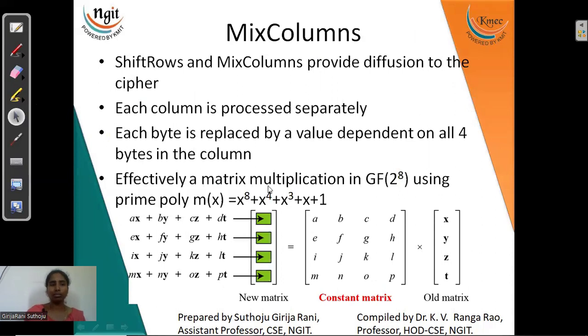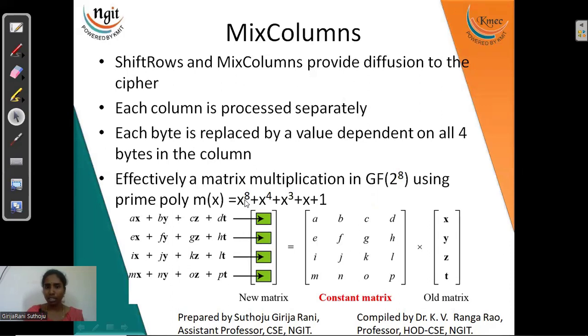Next, mix columns is nothing but we will take a constant matrix like this. We start applying this with our state matrix to get the output matrix. So whatever state matrix we have, multiply it with that constant matrix, and you will be getting your resultant matrix. That's it. But the small thing here is that when we are working with the Galois field 2 power 8,